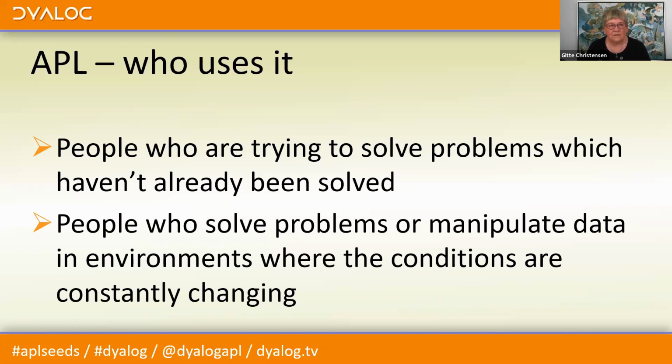It's a patient record system. And I mean, if I ever knew an area where constant change and new inventions are made, it's in the medical sector, where you get new apparatus and new methods and new cures for people, and all need to be taken care of in the patient record system. And that's one we are very proud of, particularly because the users love that system. So it's where change is happening that APL is really good.